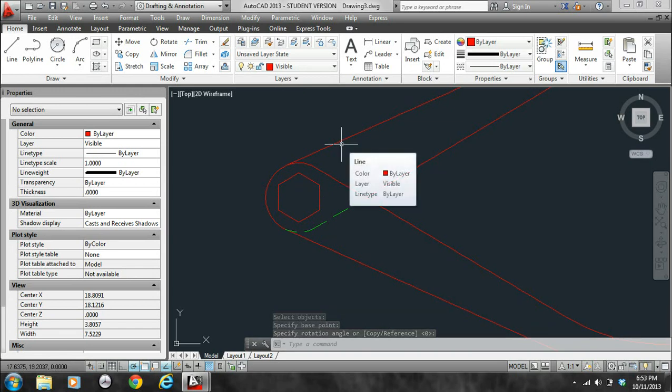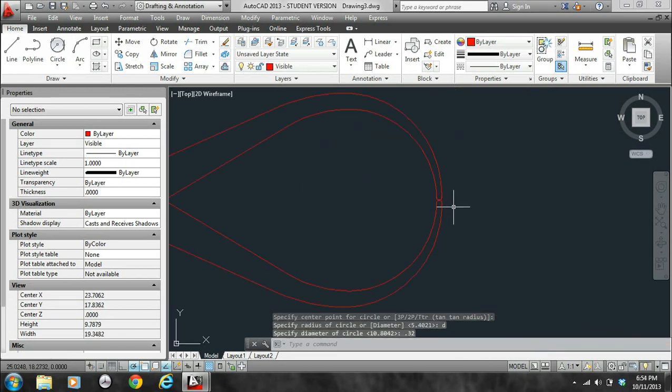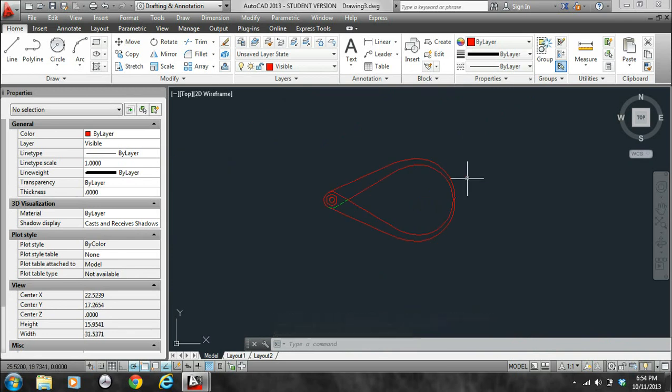So I need to add the circle in the center there. C, enter, again at the center point, and the diameter needs to be 0.32. Okay, so that's your completed construction. Don't forget to add your center lines. There's only 2 that you need to worry about. Do not dimension this object. But I hope you found this video useful. I know it was a little bit confusing,